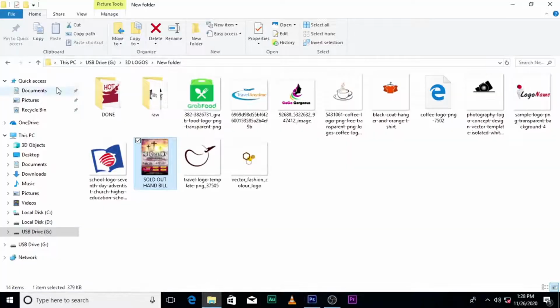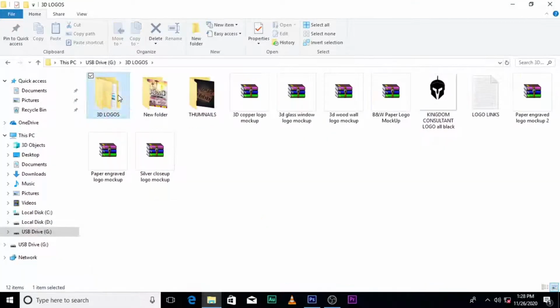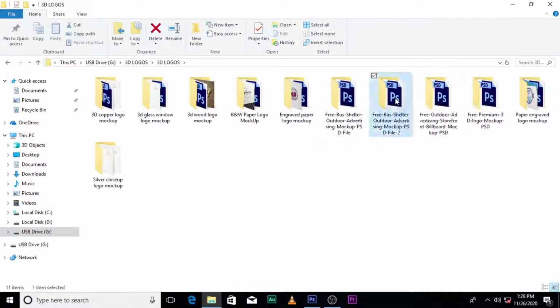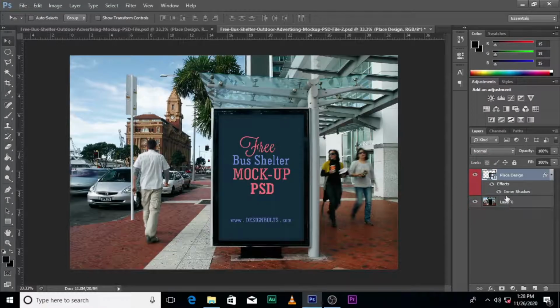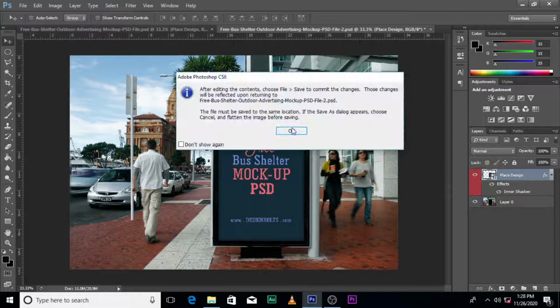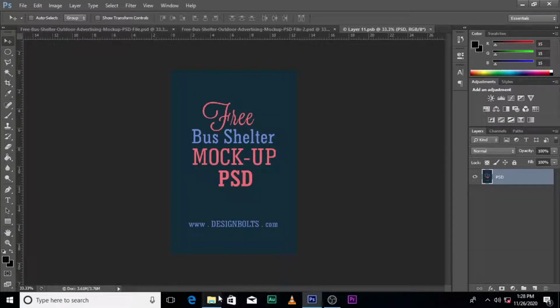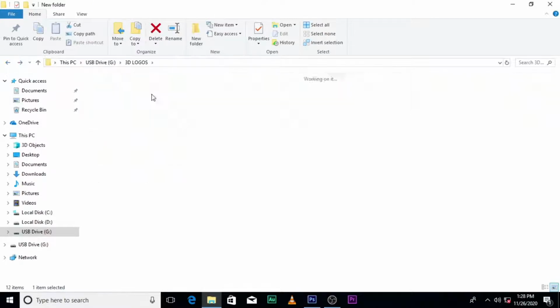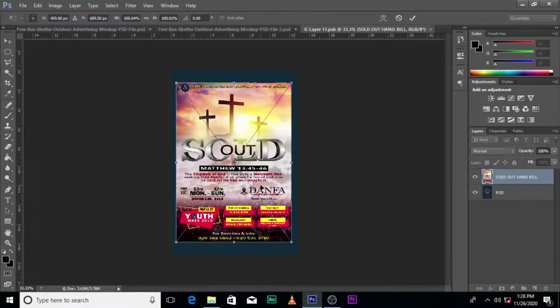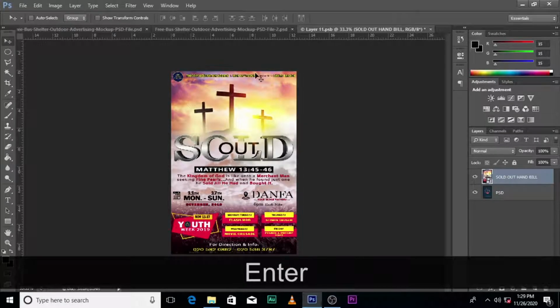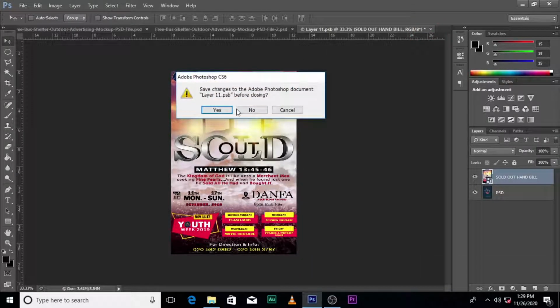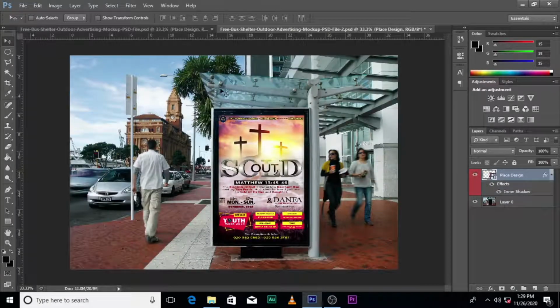And then also we also have this as well for you to use. The same thing, the same stuff. Okay, so you click here, delete everything, bring your flyer there, and then you resize it. Just resize it, that's all. Then you click here and then you click yes, and you're still going to have it there